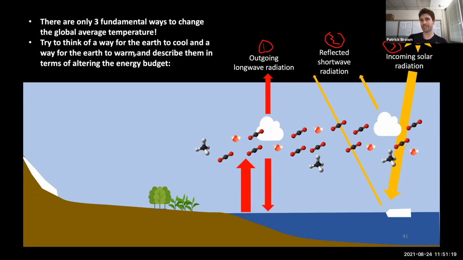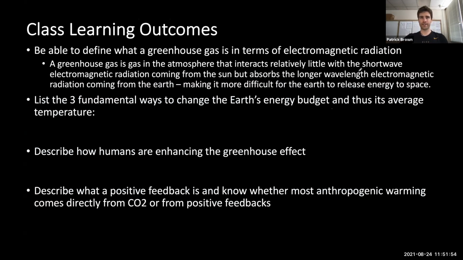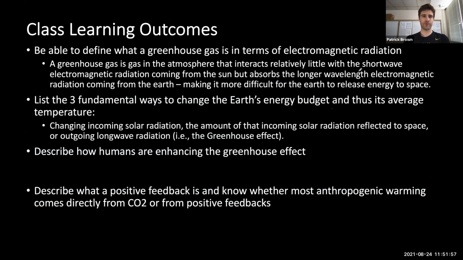An example would be that the Earth could warm if the sun gets brighter or hotter, and so starts emitting more radiation towards the surface of the planet. And so that would cause the Earth's temperature to change. Another example would be if clouds changed, like let's say we reduce the amount of clouds on the planet, that's going to reduce the amount of radiation reflected back to space and is going to warm the planet that way. Okay, so that is this second one. The 3 fundamental ways to change the Earth's energy budget are those 3 components on that diagram. They're also the 3 components on your